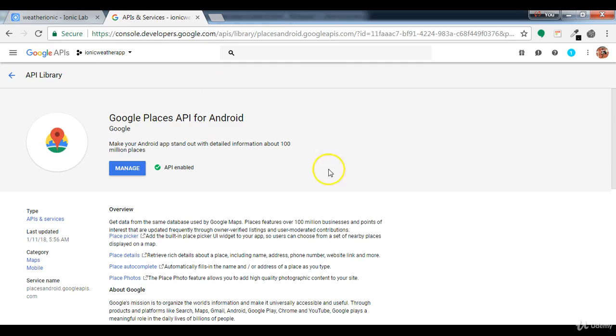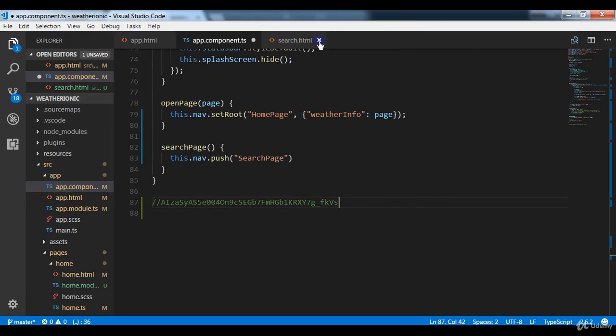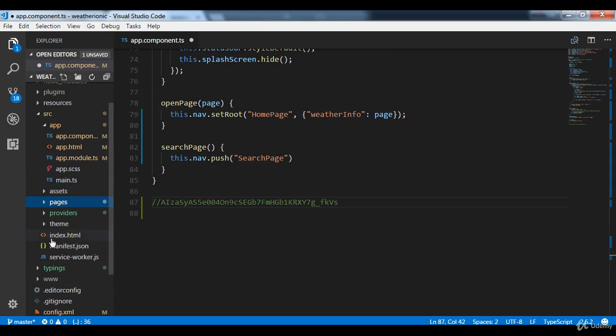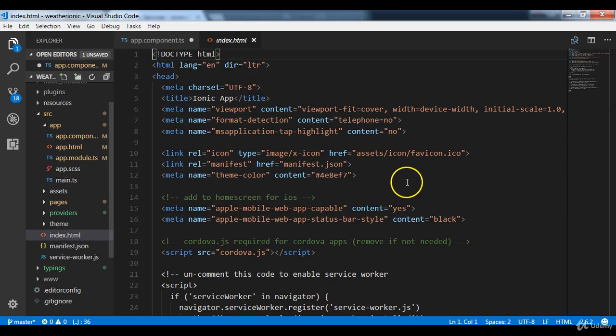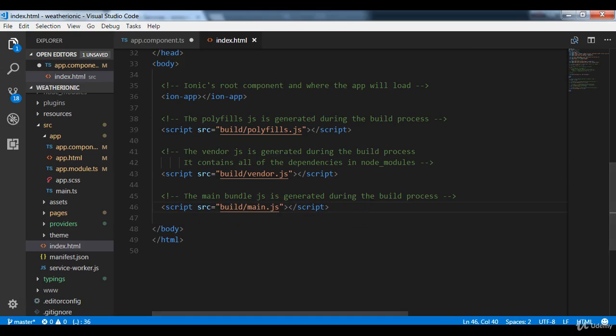Now what we need to do is to add the API into our index.html file. So go into your project. Then let me close all of this. Close this one as well. Then open up your index.html file, which is this. This is like the entry file where everything will be displayed. So down, we are going to add a script tag, and also we are going to add the API key. So the script tag